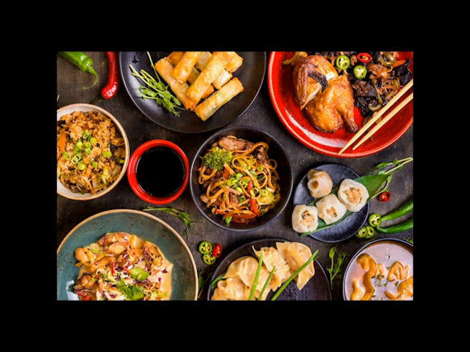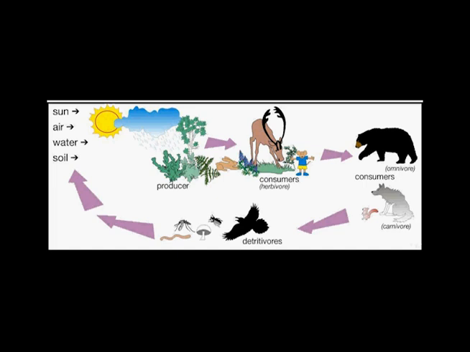Every organism gets their energy in a different way. Organisms produce, consume, or decompose food, and when they do that, energy is transferred in an ecosystem. Now, we're going to talk about this idea of energy being transferred, and we're going to talk about it through the food chain. Let's start from the bottom.